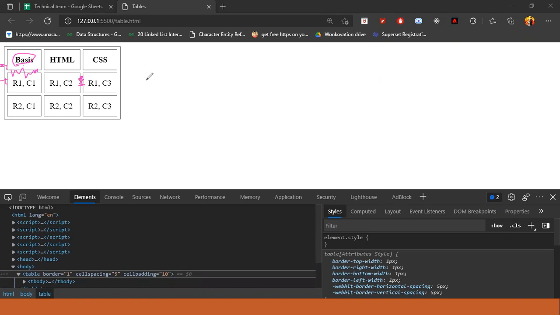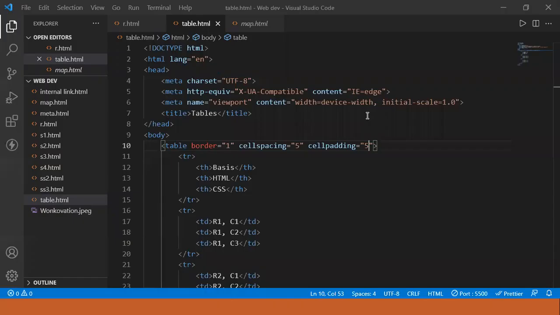Let us see how. Now I want to remove this line and this line over here. So what I will do, there is row 1, column 2, and basics inside the basics. Moving to basics, I am going to write rowspan 2, and I will remove this. Let us see the output.